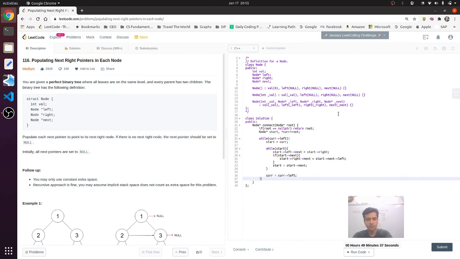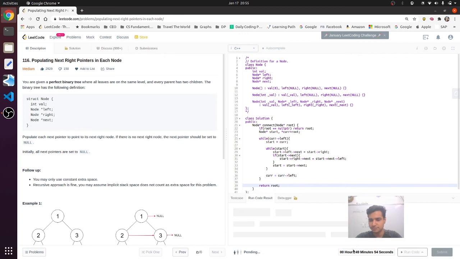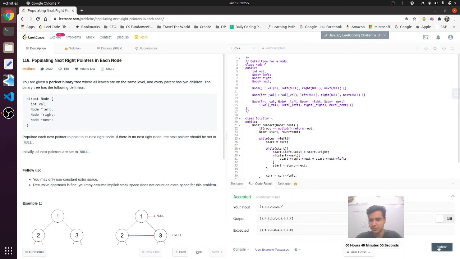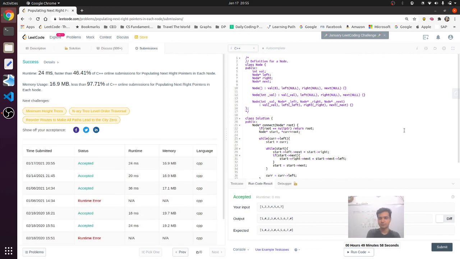We will keep on moving, till it does not have a child, and we will return root after assigning all the nodes. I hope this works. Okay. Yeah, so this is working.